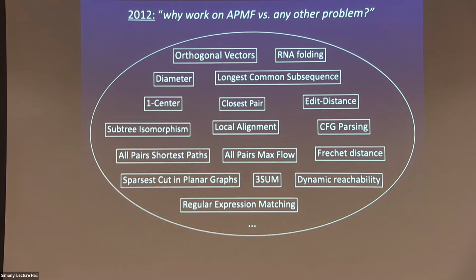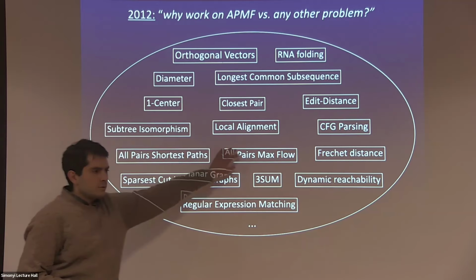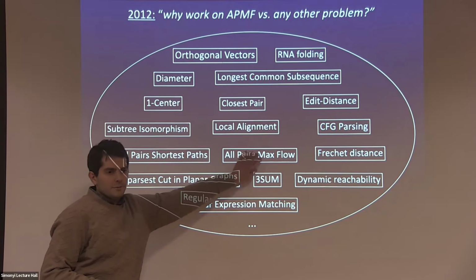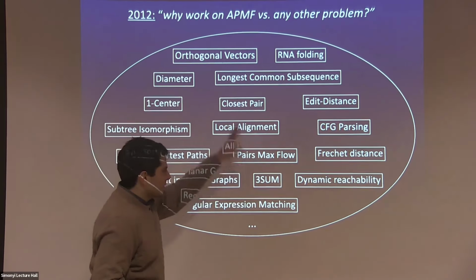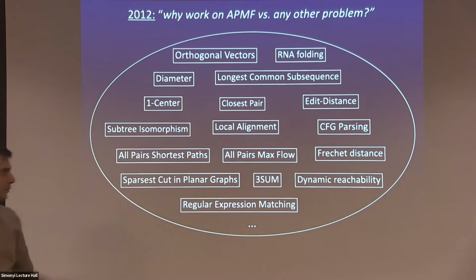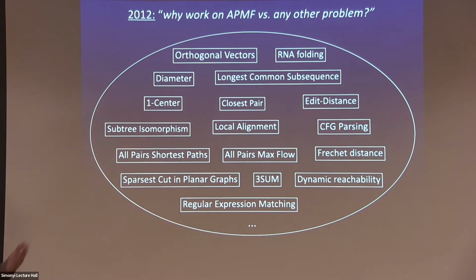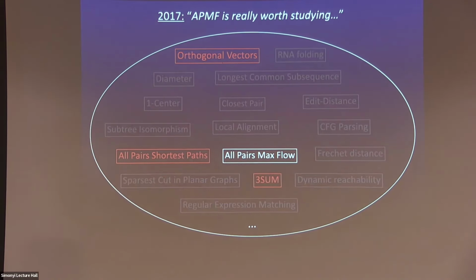And here I want to give conceptual credit to fine-grained complexity. So when I started looking at these things, this is a list of problems that I thought are very nice, very fundamental problems that we should really solve. But it was a mess. All-pairs max flow was one of them, but I wouldn't spend years and years working on it, because there are all these other problems I could be working on, and why spend all my time on this one? Maybe I'll fail and so on. But then